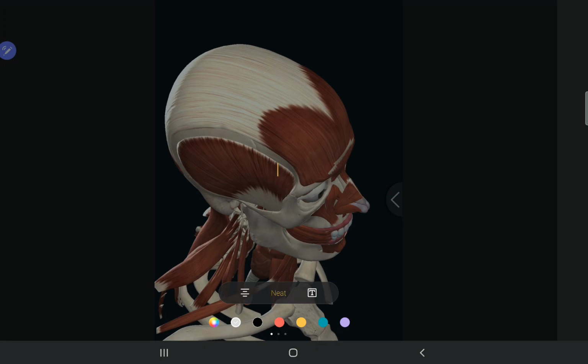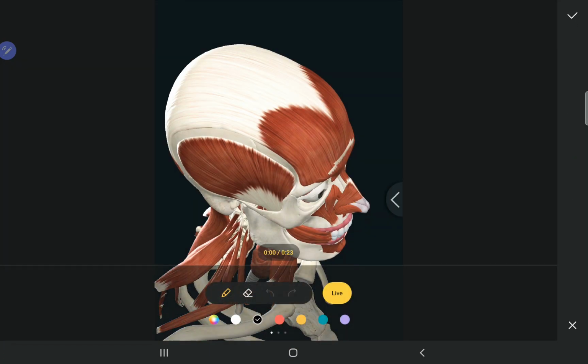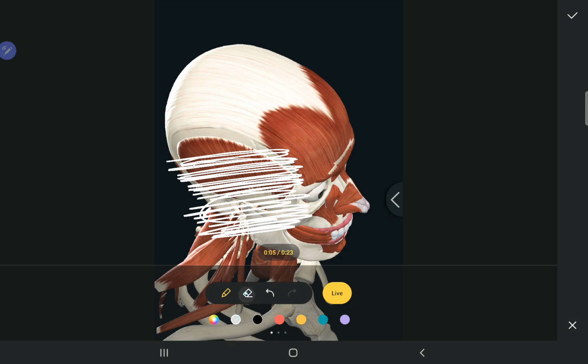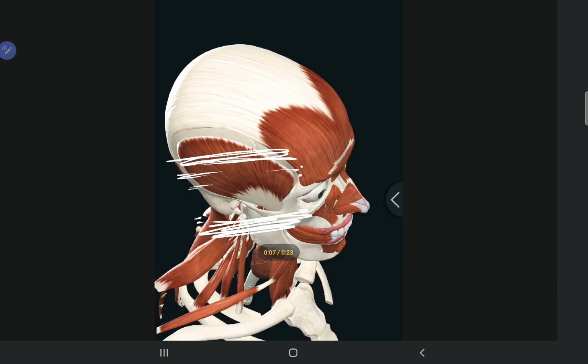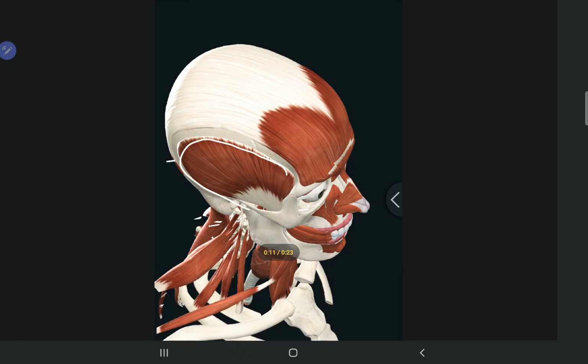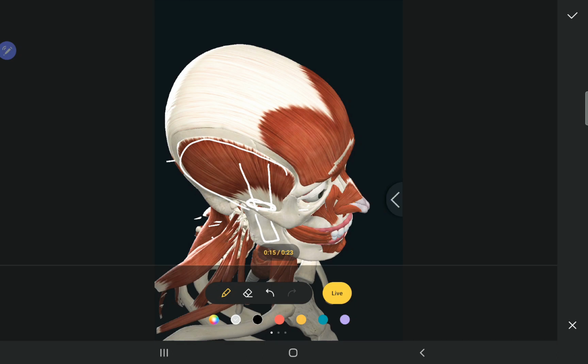We have two kinds of elevator which we use. One is the Bristow elevator. Once you reflect the superficial fascia, we made this incision, we reflected the superficial temporal fascia, basically the temporal fascia we have to remove. Once you remove the temporal fascia, you don't have to go for the temporalis muscle. You can see this temporalis muscle over here. So once you remove the fascia, you can see the space. In this space, we put the elevator. We engage the elevator and then we are going to correct the zygomatic. We are going to reduce the zygomatic arch.